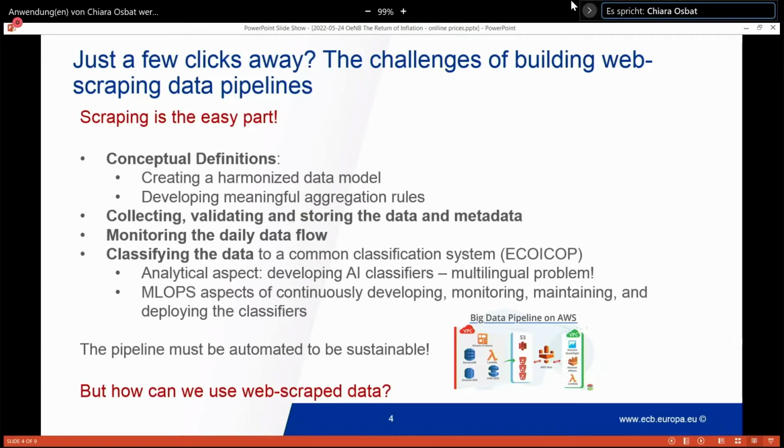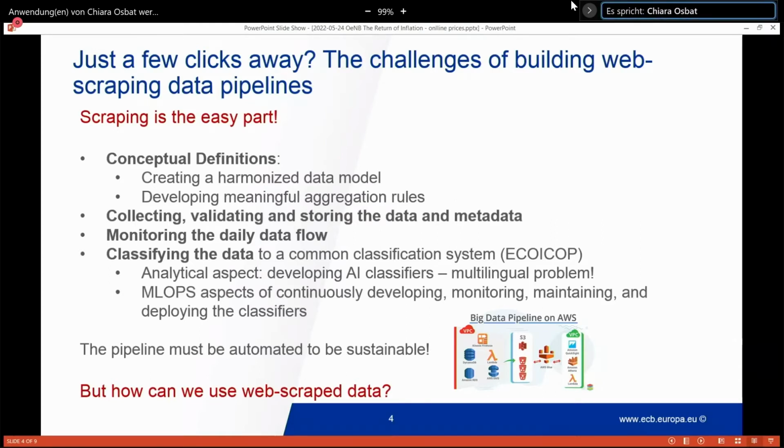One is analytical. It's also a very active research agenda, which is to develop artificial intelligence classifiers. Specifically, we have a multilingual problem, and it's very expensive to train these classifiers because they are a supervised machine learning kind of problem. So you need a training set, and you need to build training sets by hand in every single language. There are also algorithms that allow transfer learning and carry what you learned about classifying, say, German products into French, Spanish, and Italian. There are colleagues who have worked and continue to work on that.